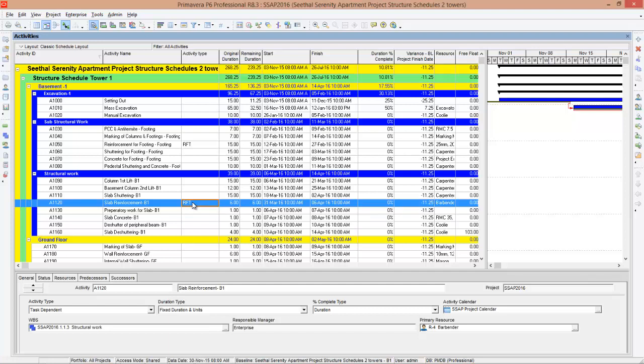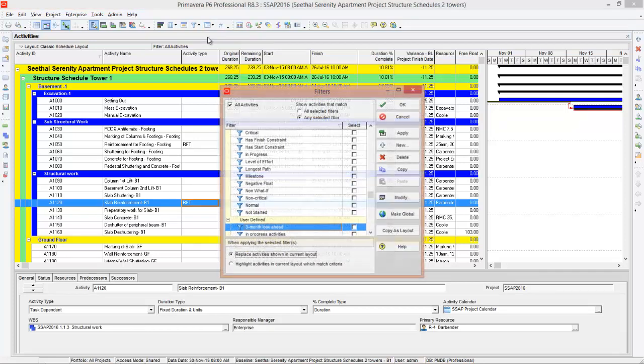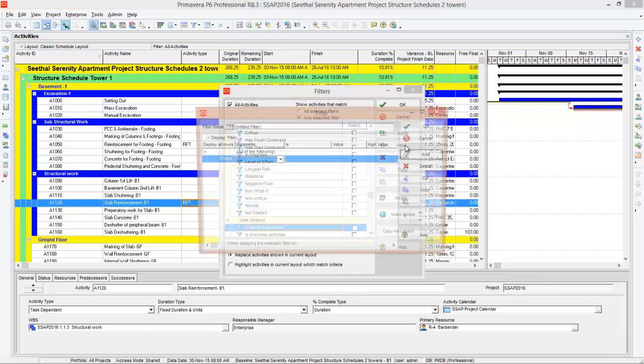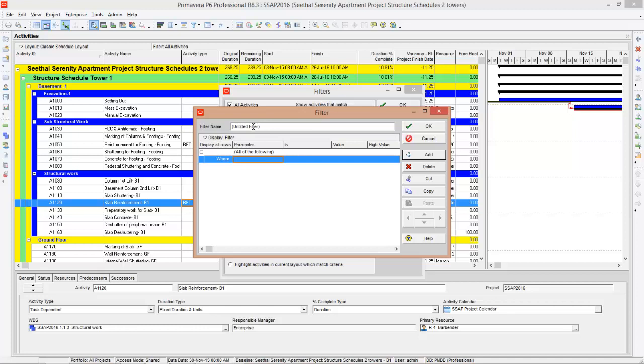So it's a pretty difficult task to find out all the reinforcement activities out of some 10,000 activities. So there is an easy way to do that. You have to filter the reinforcement activities. So go to filter by, go to customize and create a new filter. You can name the filter as reinforcement